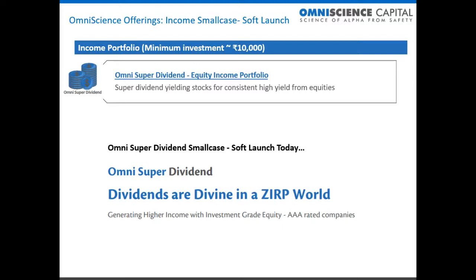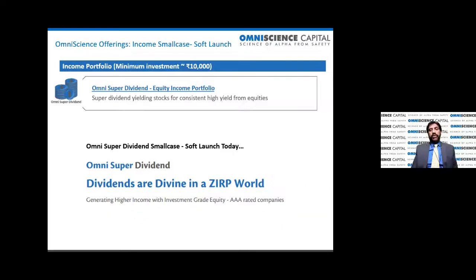Okay, but in all cases, the real interest rate, net of inflation, is most likely zero or most likely negative, right? So this is the ZIRP world, and you're typically getting 5% or so in most of your bank fixed deposits in any good bank. Maybe a riskier bank might be offering you a little bit more, but I don't think that makes sense to get excited about.